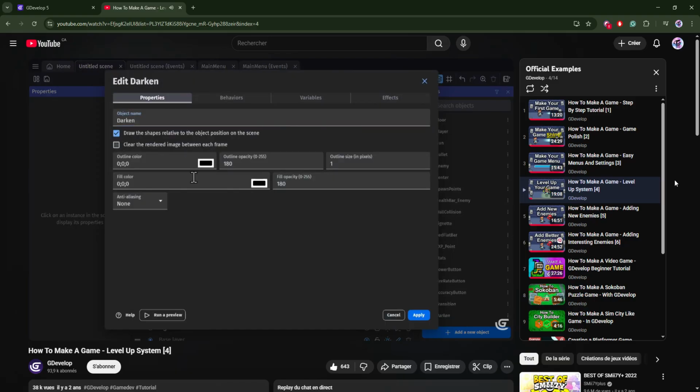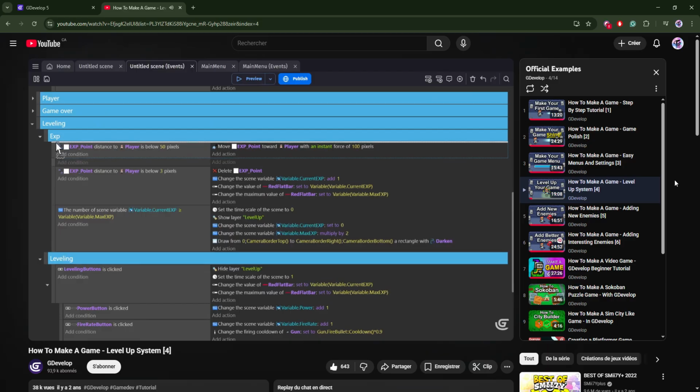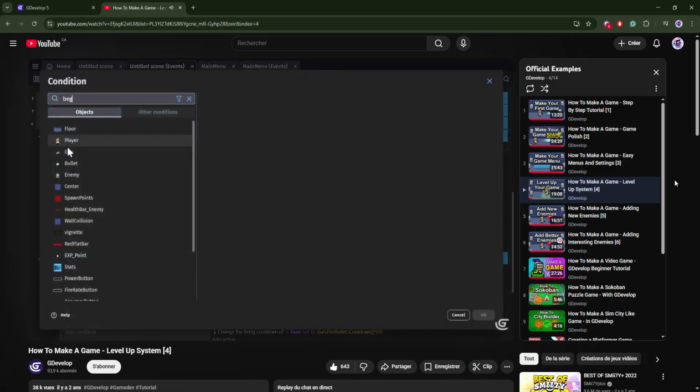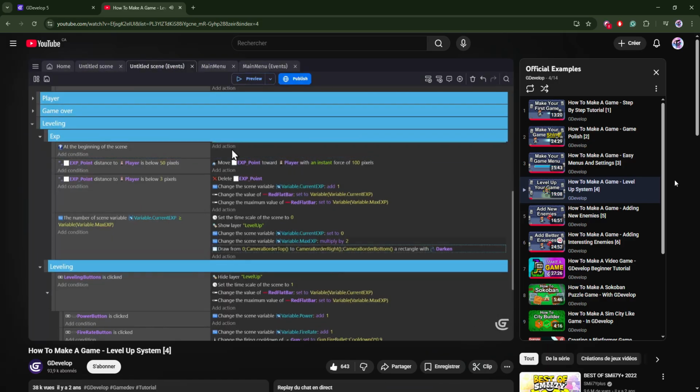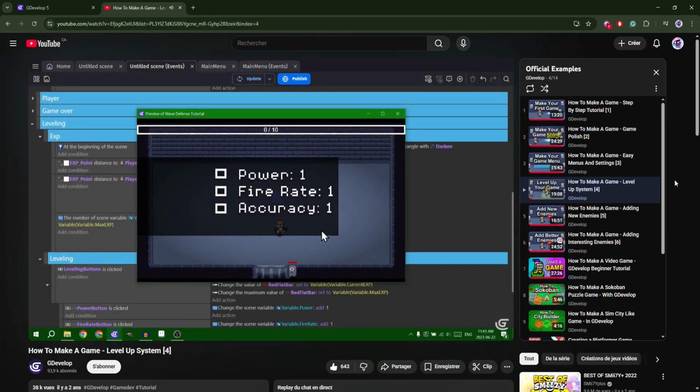So I'm going to turn this off and turn that off because I don't want it relative to the actual position of the object in scene. And I'm going to change this to be at the beginning of scene instead, so it does it once at the beginning of scene and then doesn't clear it away afterwards. And we'll see if that works. So now if I press K,